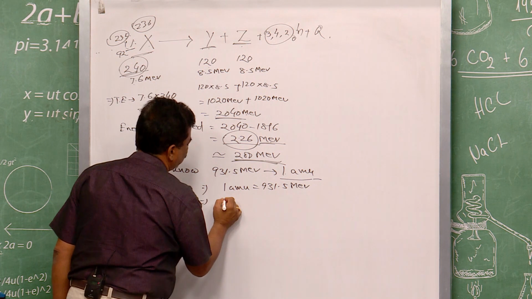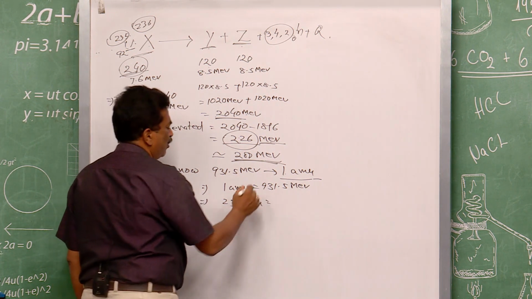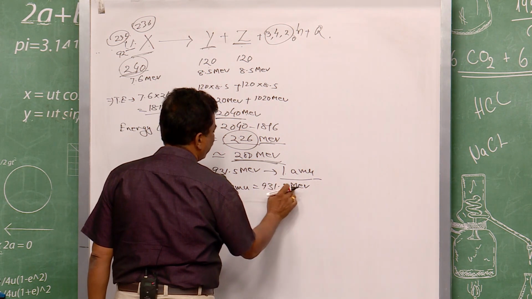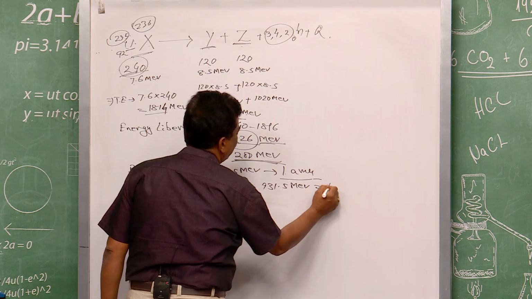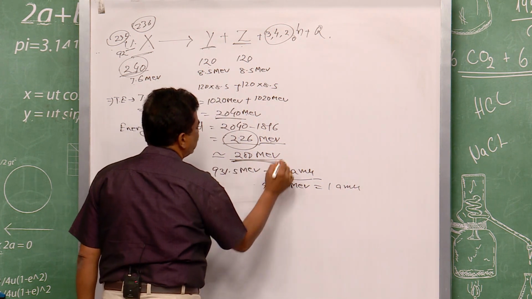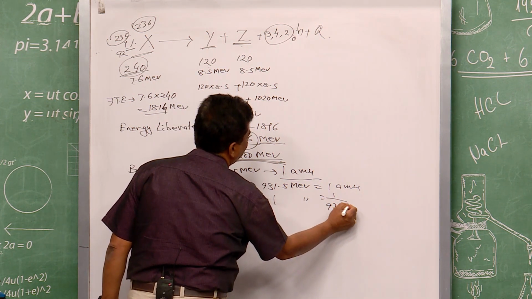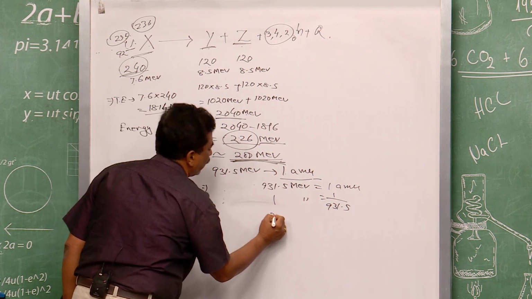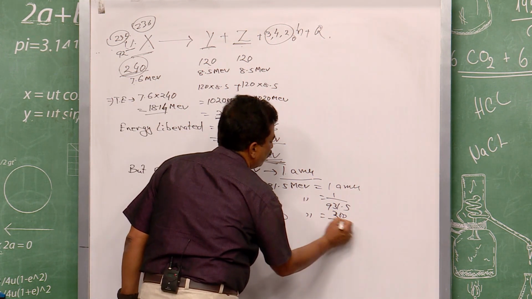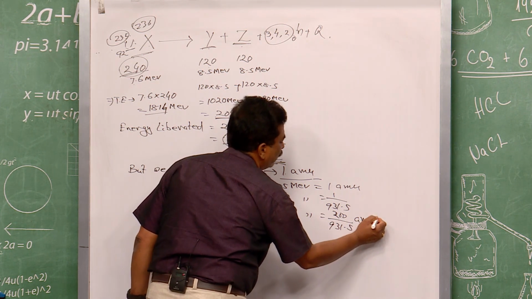So 236 AMU will provide... 931.5 MeV gives you the 1 AMU mass. From the 1 AMU mass, what amount of MeV is liberated? So for 1 MeV, that is 1 by 931.5. So 200 MeV of the energy will give you 200 by 931.5 AMU, that is